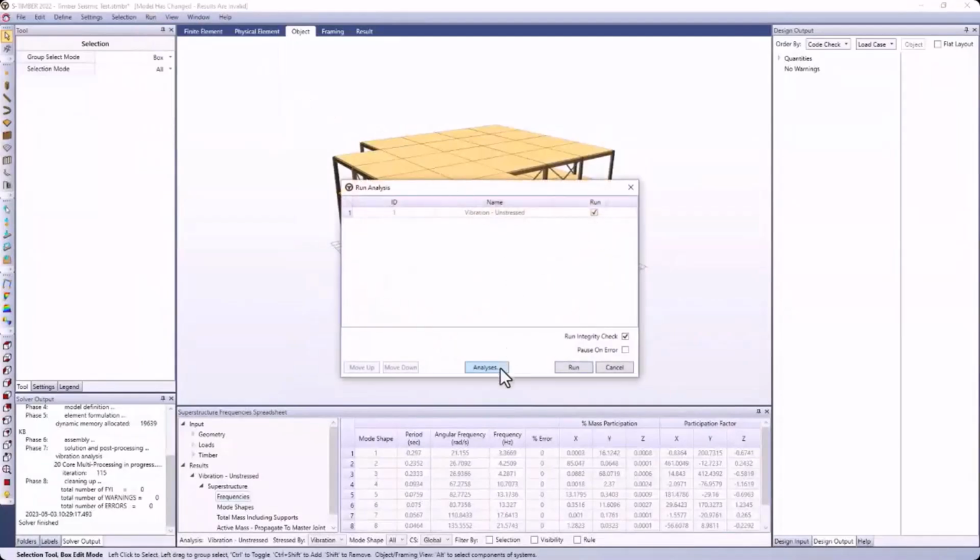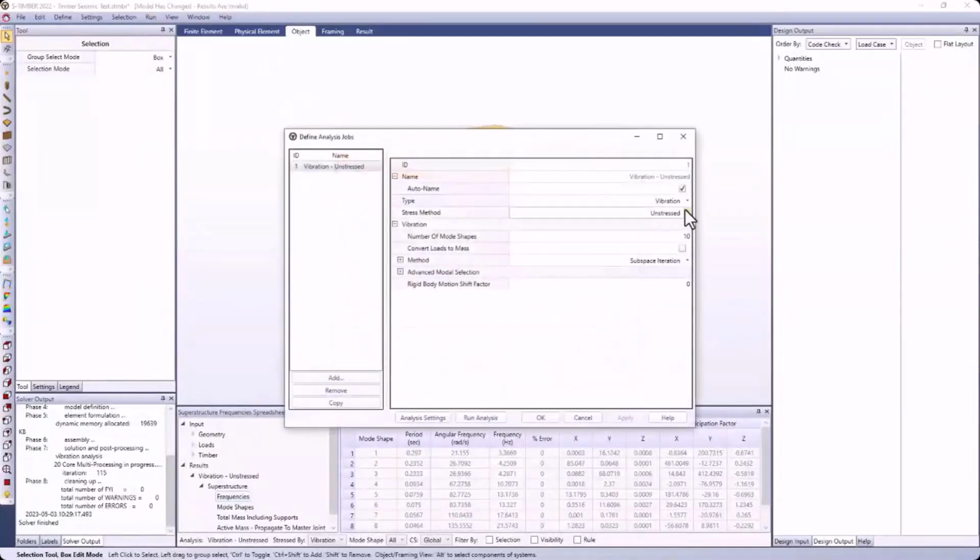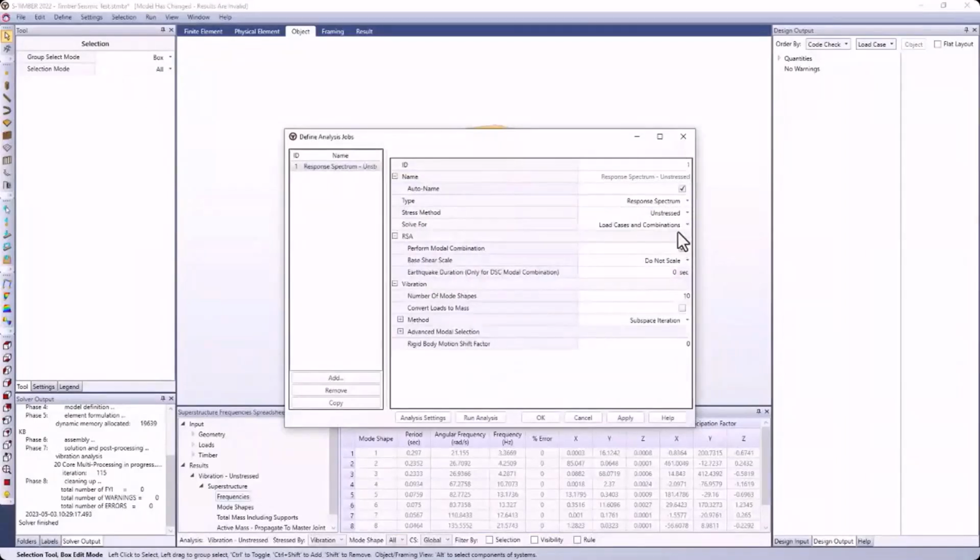So the analysis I'm going to run, previously it was an unstressed response or vibration analysis. Now I'm going to change that to an unstressed response spectrum analysis, which borrows a lot of similarities from the vibration analysis I already ran. We need to run a vibration analysis to get this to work. So I can choose how many mode shapes. I'm going to stick with what worked before, 10 mode shapes,